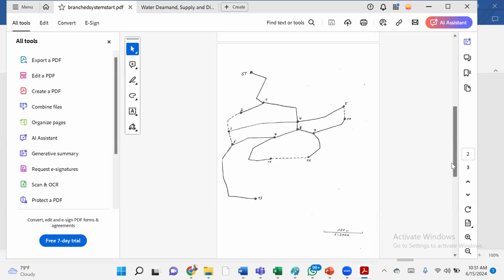Just like I said, you remove those dummies. For now, we are doing branch system design. We said that those dummy comes in when you are doing loop design. I also said that the dummies are there because of if you want to route water from another zone. So in this case, if you are doing loop design, what you need to do is that you check these two pipes. The bigger of them, you put it there. Instead of doing hard cross, doing all those complex calculations, you don't need them. All you need to do is that if 75 mm is coming here and 100 mm is coming here,